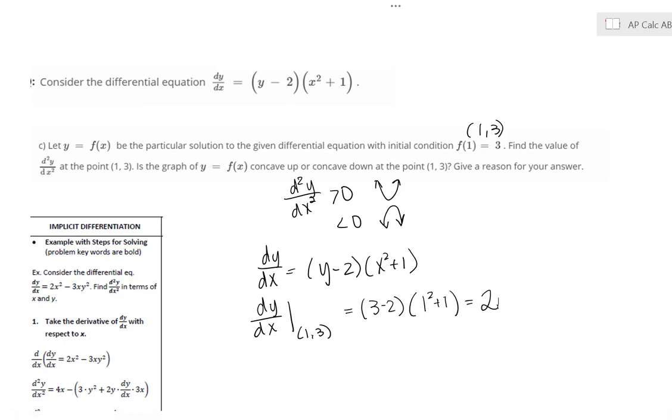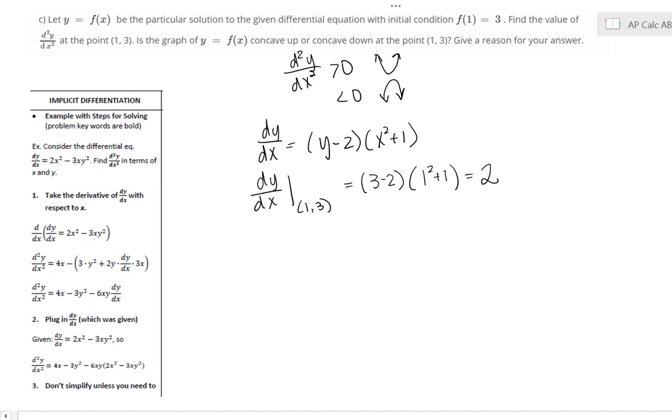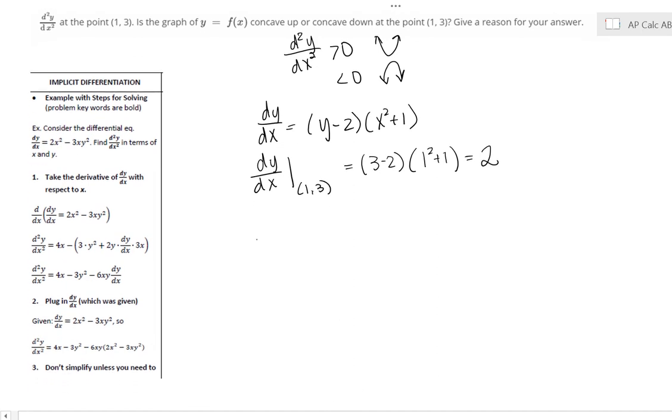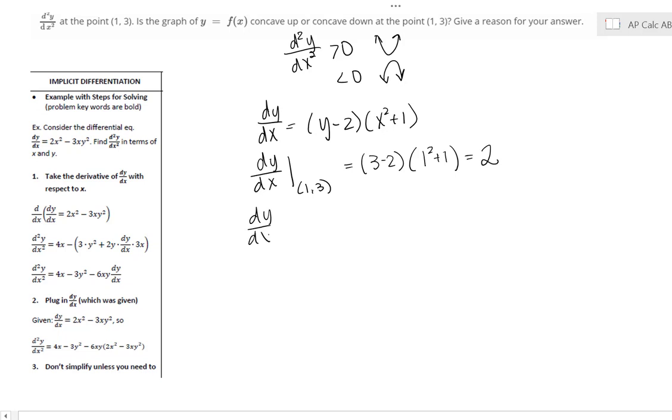Now the reason that I went ahead and did that is so that whenever I see dy over dx, I can just substitute 2 given this initial condition. So let's move on and follow our steps. Let's get our original equation. We have dy over dx equals y minus 2 times x squared plus 1. I'm going to be taking the derivative of that, so this is d squared y over dx squared. That equals